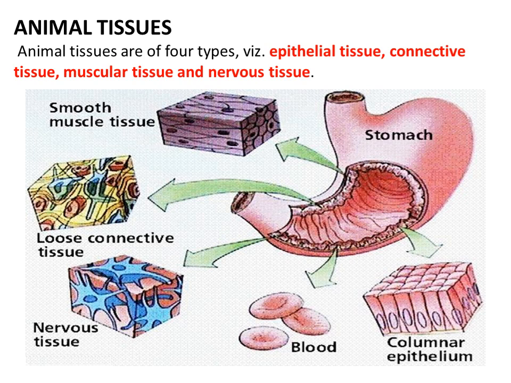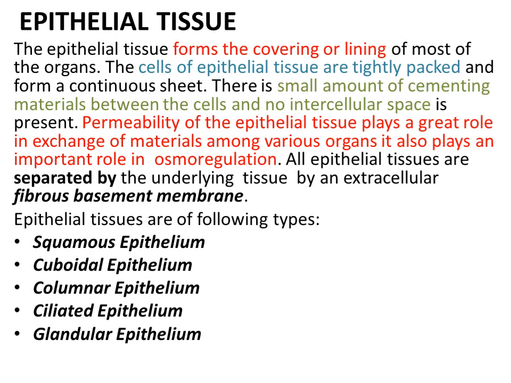As you can see here, this diagram is showing you the location of different types of tissues in different organs. Every organ in the animal body consists of all types of tissues, and each type of tissue performs its specific function. That is the requirement of living tissue in the case of animals. So we are going to discuss each type of tissue in detail. Okay, so let's go on.